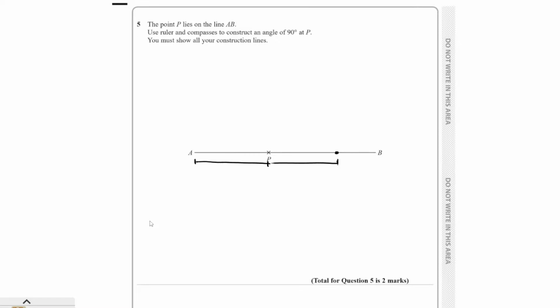So from there, what we're going to do is get our compass. Normally I would say measure your compass. It doesn't have to be accurate, but it has to be, let's say if you put the point on A, the compass has to be longer or wider than point P, doesn't it? So somewhere between point P and your other dot. Maybe about 2/3 of this whole section, I guess. Roughly, it doesn't really matter, as long as it's beyond point P when you've put it on your point on